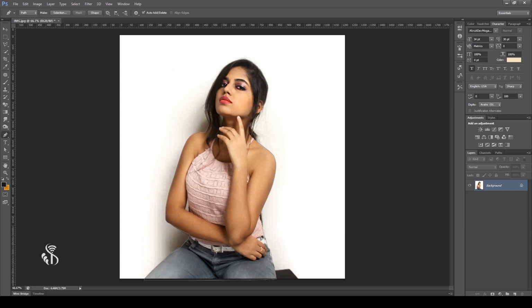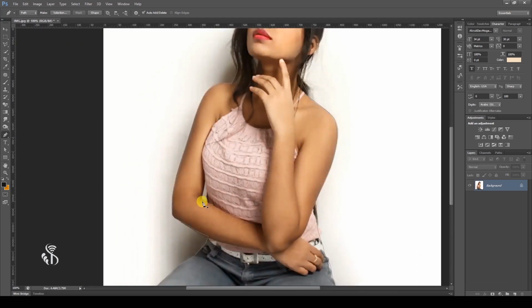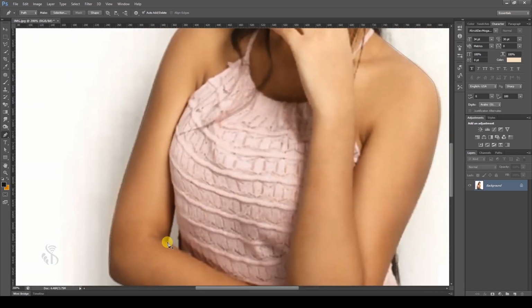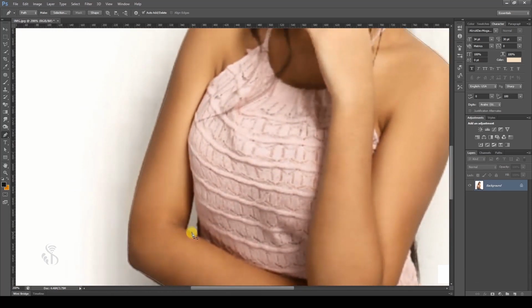For example, we have made a selection surrounding this image, but there is some part of this image which is not needed. To cut it, we will need to make a separate selection. To do so, complete the earlier path and make a fresh selection.